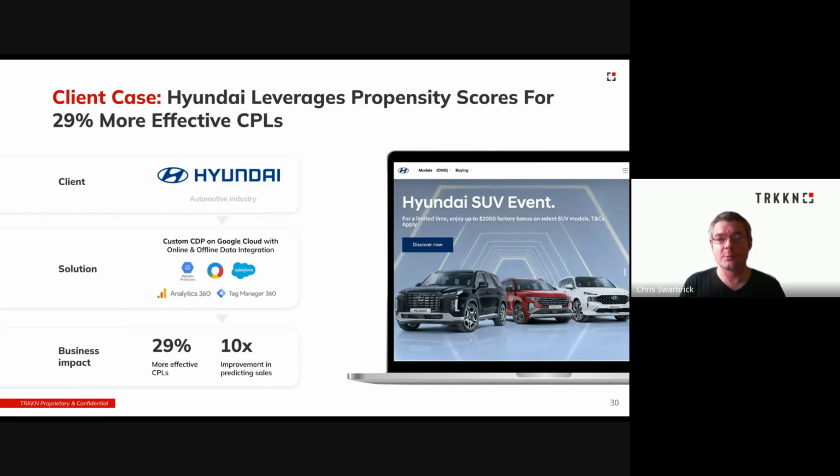And the outcome of the exercises was incredibly powerful. Being able to focus budget towards those more likely to respond meant that Hyundai were able to reduce their cost per lead by nearly a third, which I'm sure you agree is an amazing outcome for any business. Applied AI is incredibly powerful, but it does, as we've seen from the examples that we've been going through, require other tools to realize the power of its outputs.